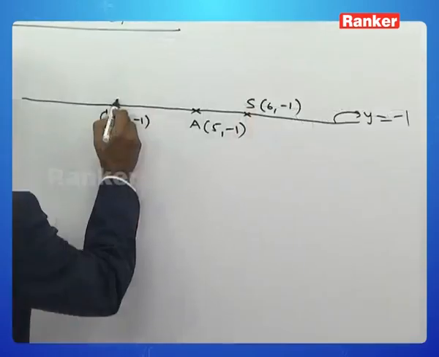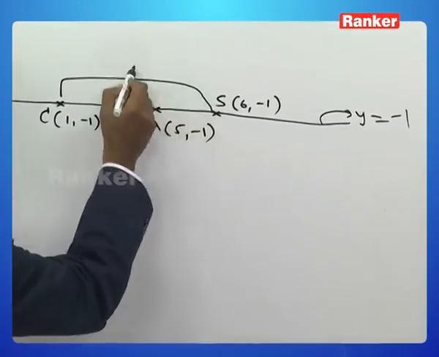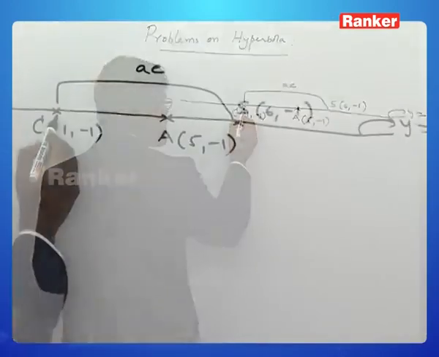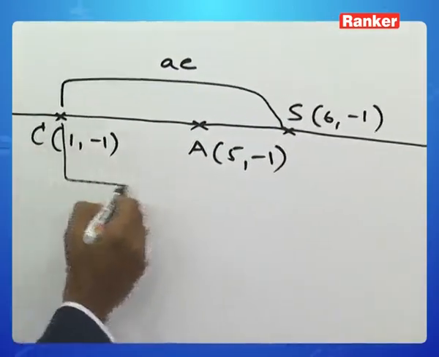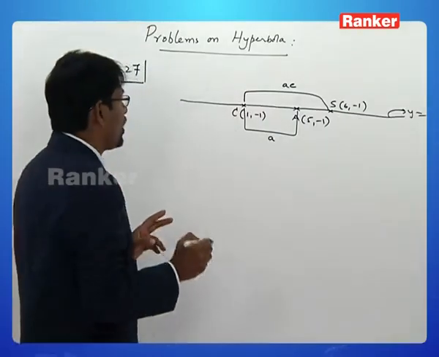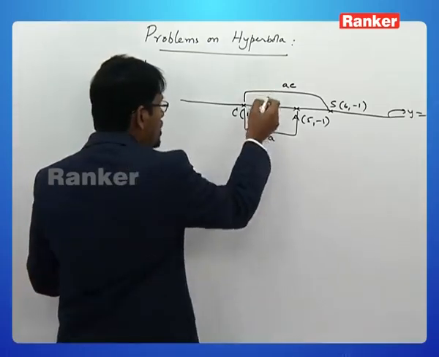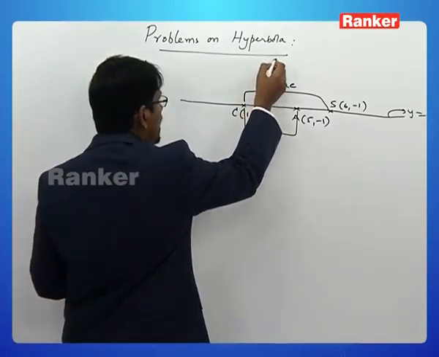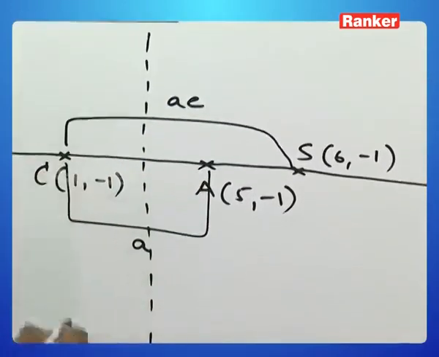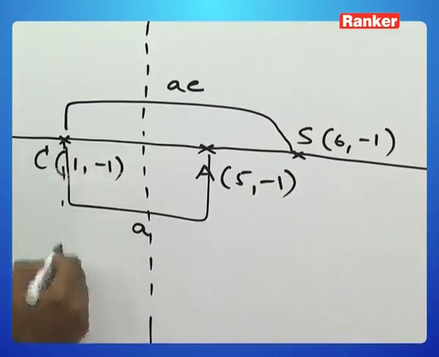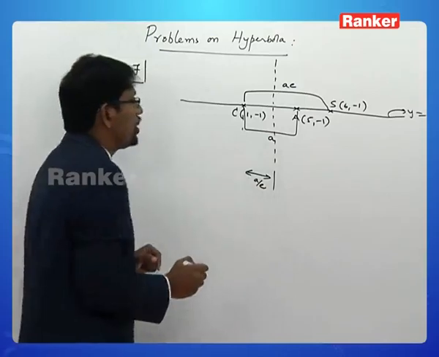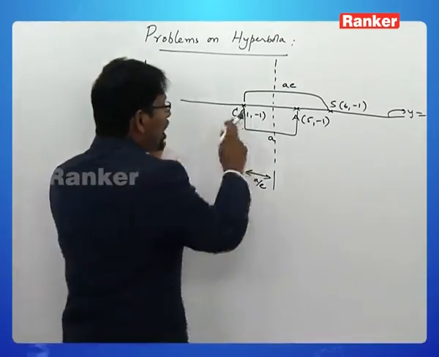Now, we know that the distance from center to the focus is AE, and the distance from center to the vertex is A. Now the distance from center to the directrix is A by E. So what do we know? What is A for us? 4